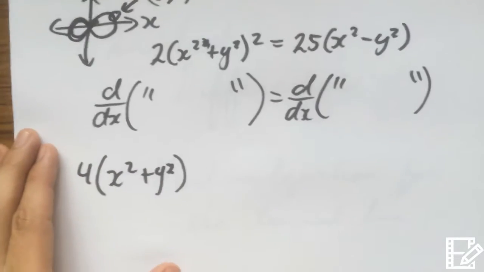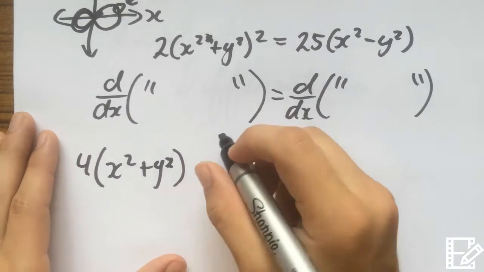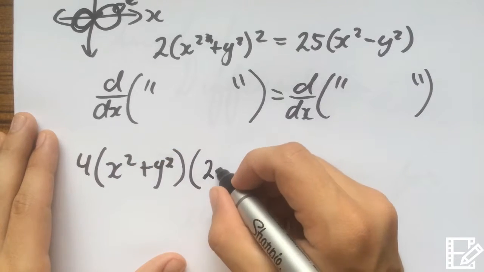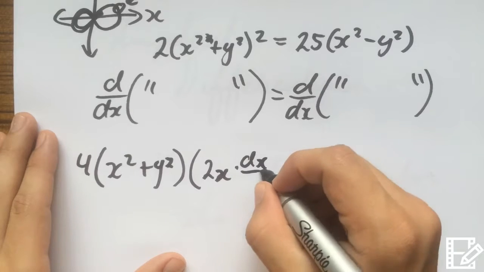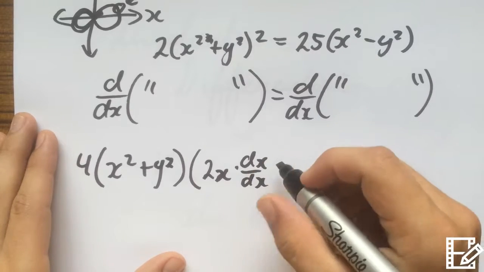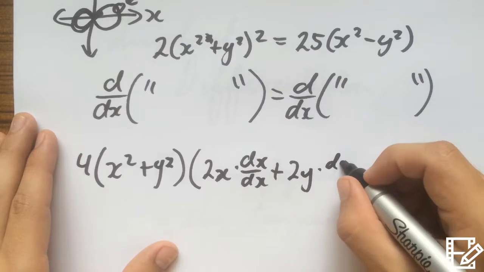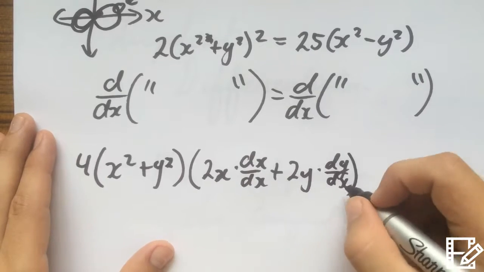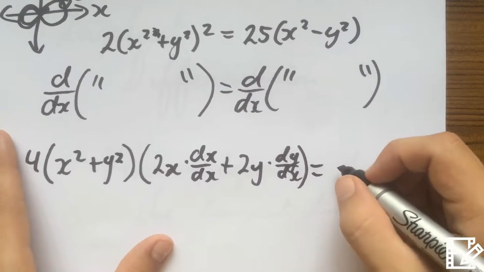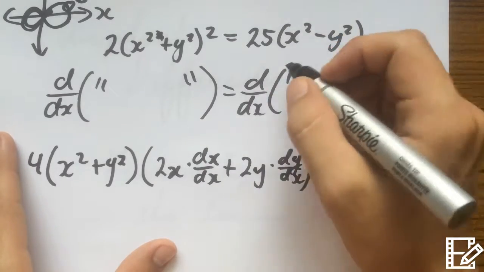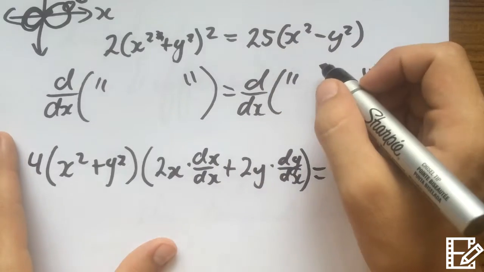Then it's going to be multiplied by the derivative of the inside. The derivative of x squared is 2x multiplied by dx over dx, because that's the derivative of the inside, plus 2y multiplied by the derivative of y, and that's going to equal, I'm going to expand these out here, so we'll have